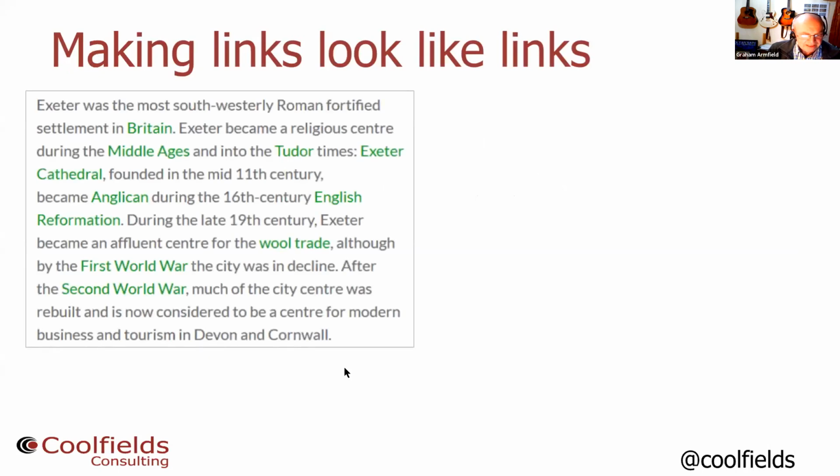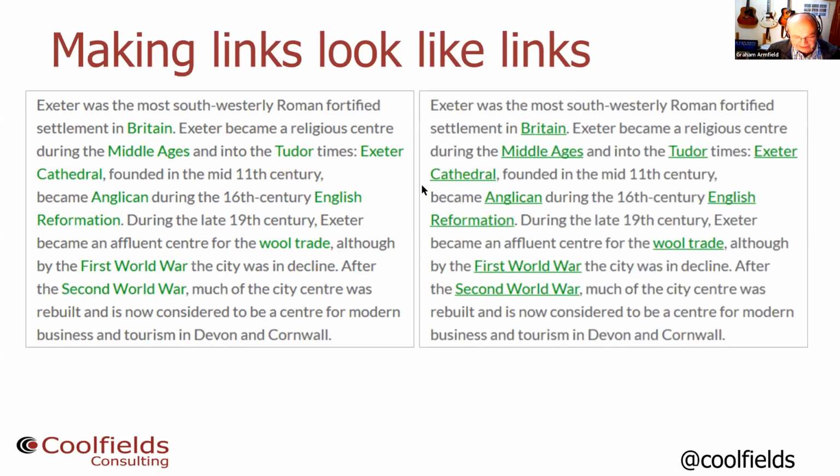This is a paragraph of text about Exeter in Devon on a WordPress website, and this particular theme, like quite a lot of themes sadly do, has chosen by default to remove the underline from all these links that are in this paragraph of content. There's a lot of links in there. You may or may not be able to see them. They're marked out in green text, assuming you're not colorblind. Even if you have good vision, it's still quite easy.